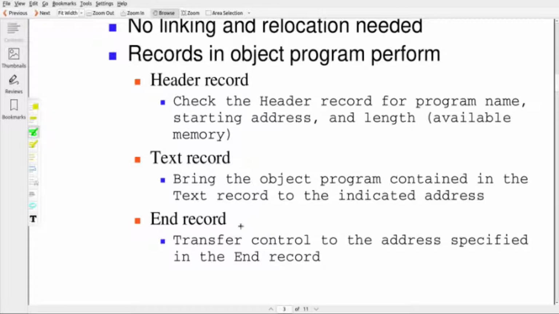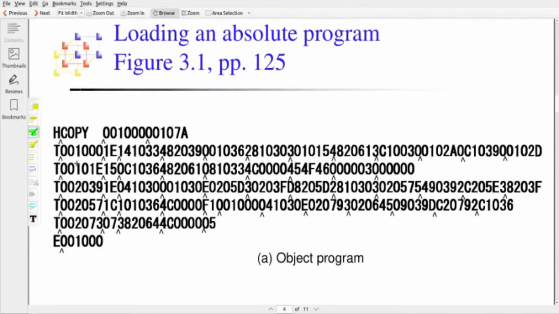So these three records are available in an absolute object program, and an absolute loader will load an absolute object program into the memory mentioned in the object program. For example, you can see one absolute object program where this is a header record, starting with H, and these 1, 2, 3, 4, 5 are the text records, and last we can see an end record starting with E. So this is a standard object program.